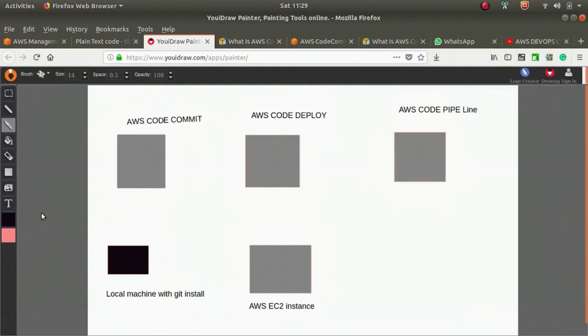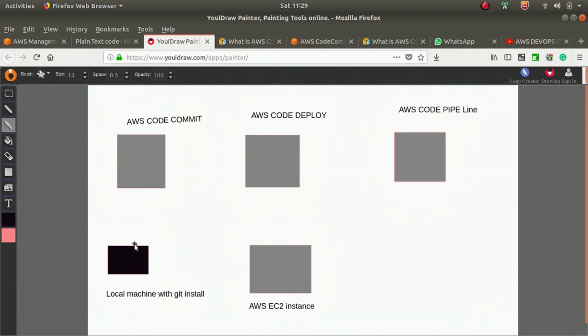Our lab consists of 5 components. First is the local machine with Git installed, and then AWS code commit, AWS code deploy, AWS code pipeline, and an AWS instance. In a local machine with Linux or Windows, we first install Git. This is the developer machine actually.